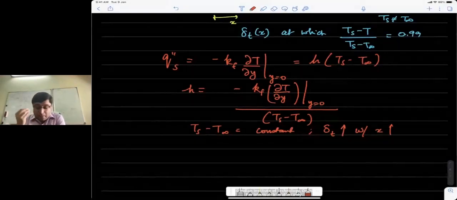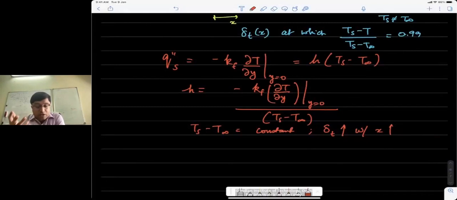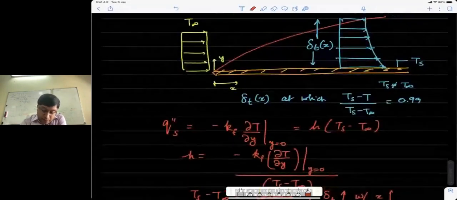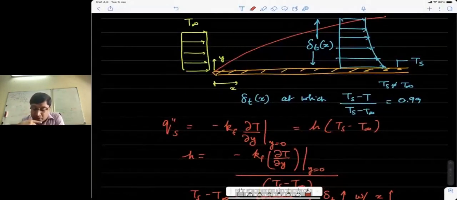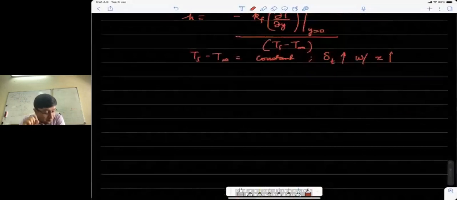So momentum diffusion happens because of nu. If nu is large, you get a thicker velocity boundary layer. If alpha is large, you will get a thicker thermal boundary layer, and we'll discuss these in the next lecture. But for now, let me say delta T increases with increasing distance from the leading edge. Of course, it cannot decrease; physics will be defined. We know the boundary layer thickness would be zero at the leading edge, but if it then grew and then decreased, that won't make any sense. It is implausible to think of, even intuition does not work. So delta T must clearly increase with x.